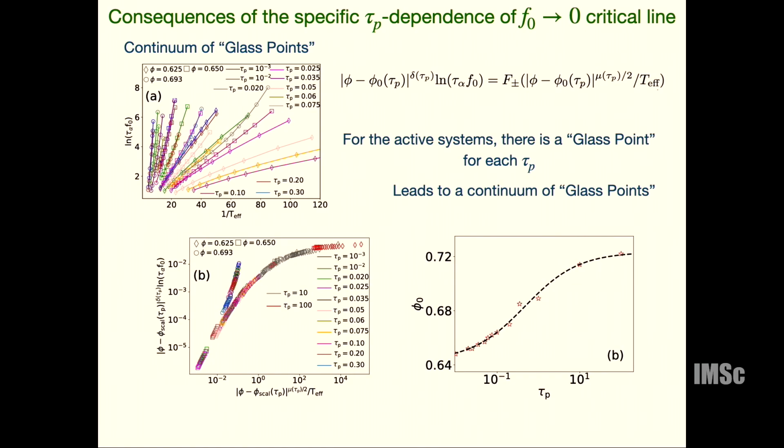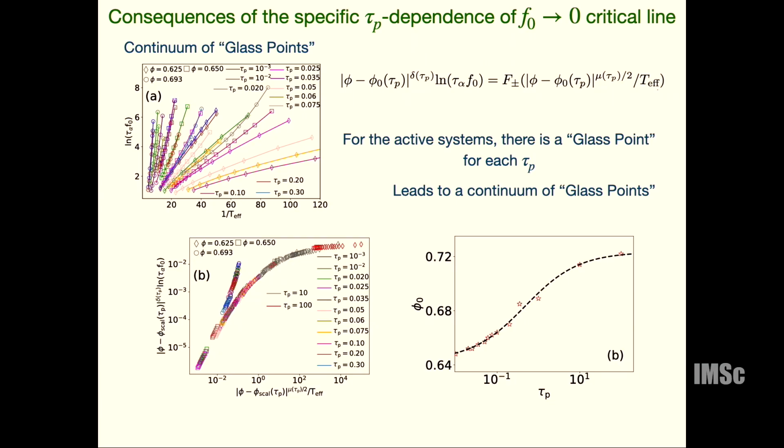So, this is what we did, and this is how the analysis goes. You write down a scaling form as a function of phi minus phi naught. Here we are saying that for each tau p, the functional form of this f plus minus remains the same, but each of these coefficients, this exponent and this phi naught, now become dependent on tau p. Assuming that, we could actually collapse all the data in this type of curves, where this branch